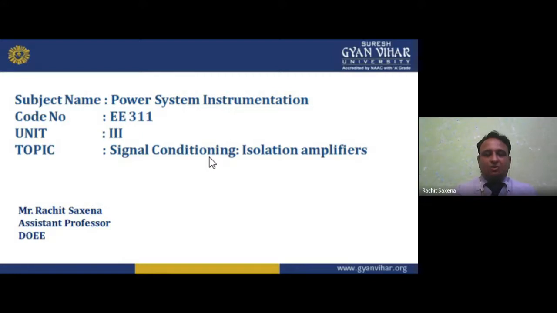Now if I want to measure the voltage, for example, do I need a voltmeter? But if I don't know which type of voltage I have to measure, that is DC, then I use a moving coil. If it is AC, I use moving iron. But my dear students, range is also given, and if it is not calibrated, then it will always give you error. So calibration is there and sensitivity is there.